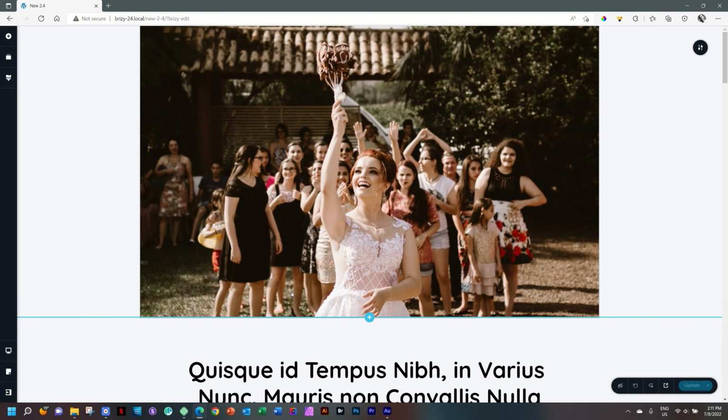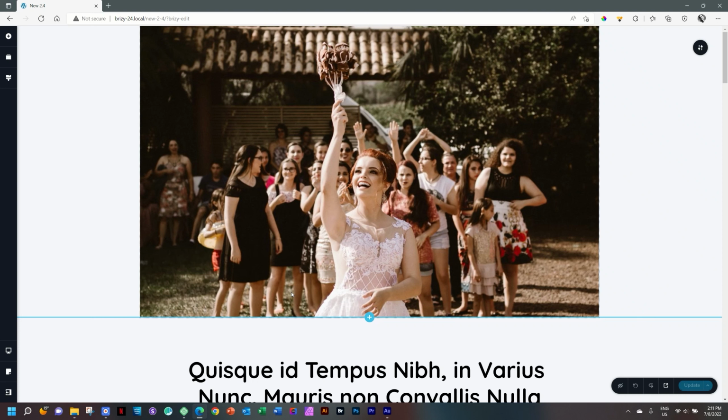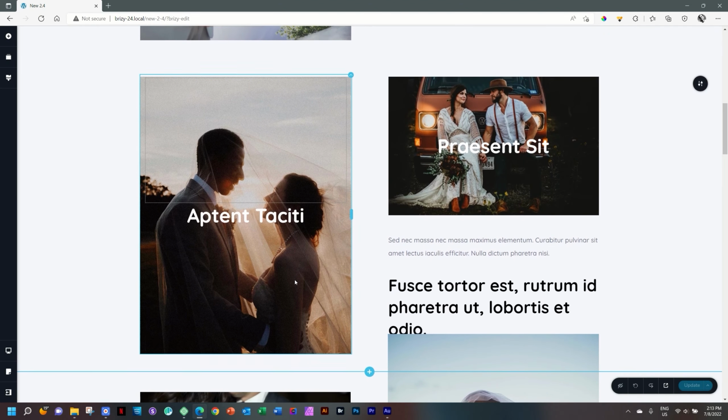In 2.4, there is a huge new addition, which I think a lot of people have been screaming for, and they finally got it, and that is scroll motion animation effects. I'll come clean from the beginning, I don't use it. Yes, so scroll motion animation comes in with Brizy 2.4 only in the Pro version, but I think there's still a lot to be